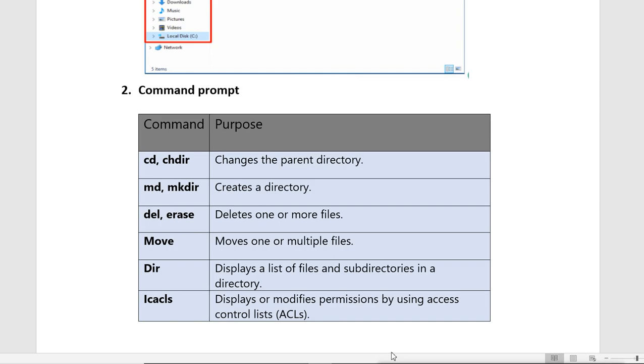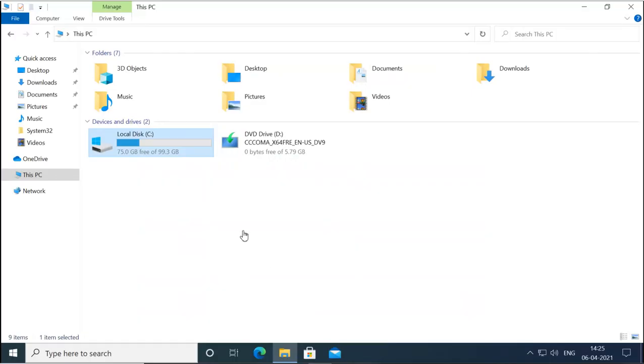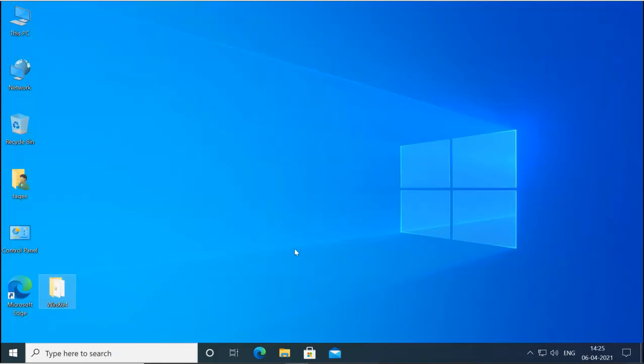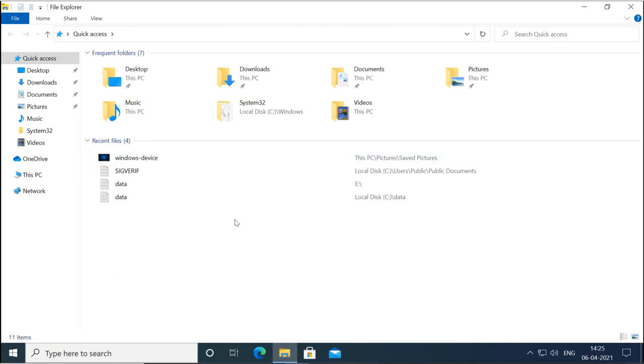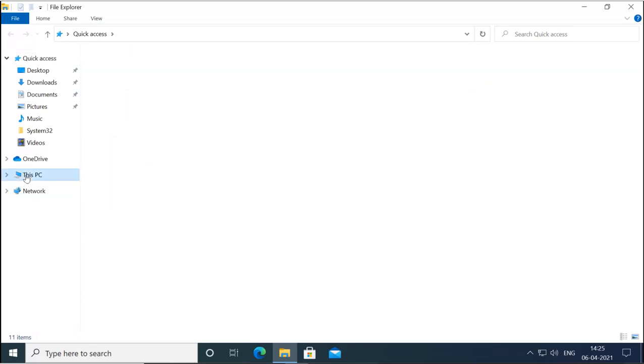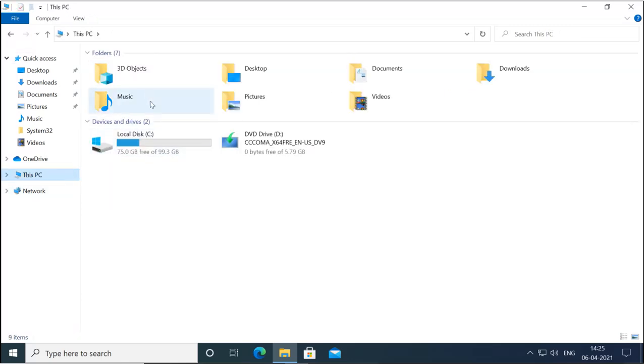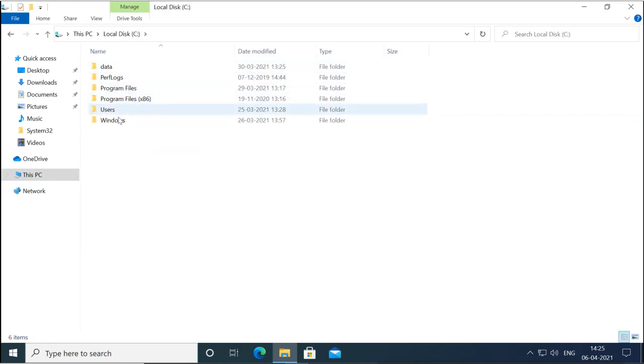So we can manage our files by using File Explorer, and this is File Explorer. When you look at the taskbar, you can see your File Explorer. When you click on it, it opens like this, and from here you can see the files, the volumes and directories. You can click on This PC to see the PCs here. You can see these folders, which are the profile folders for this user. Then you see the drives here, and you can open a drive to see the directories in that drive.